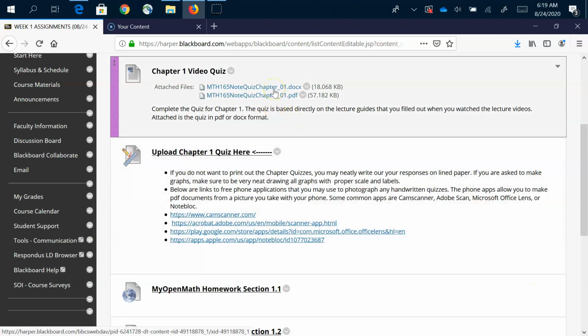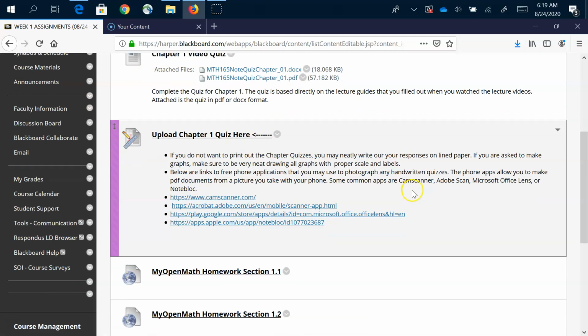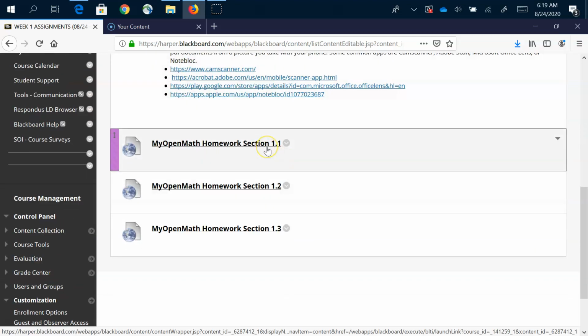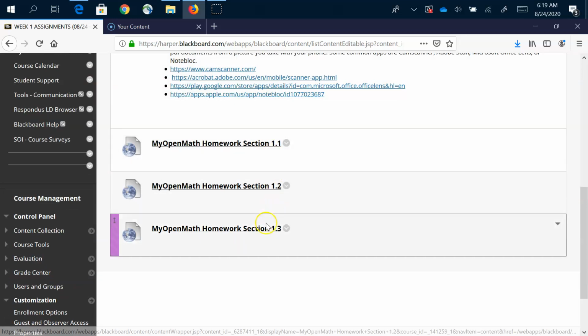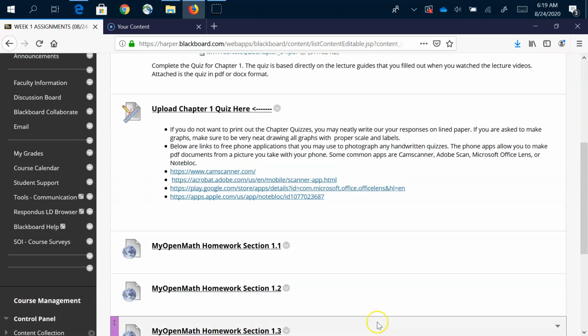So there's a quiz, you upload it here, and then this is the homework, section 1.1, 1.2, 1.3. This is for the first week. This is all done through MyOpenMath. You do not need to sign up with an account. It's all done through Blackboard. So every single week under the